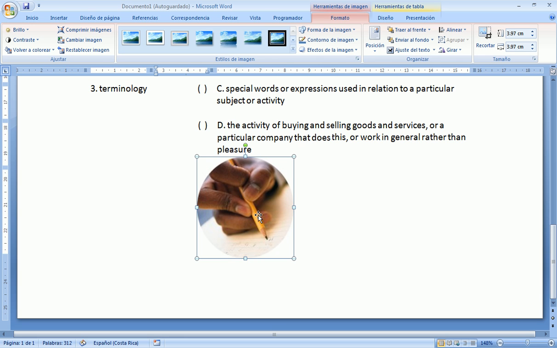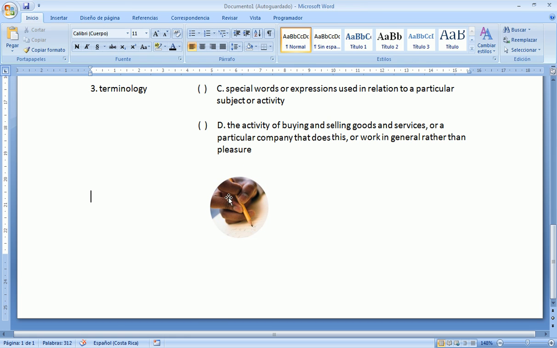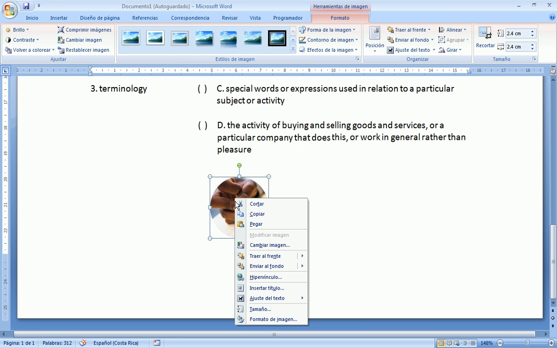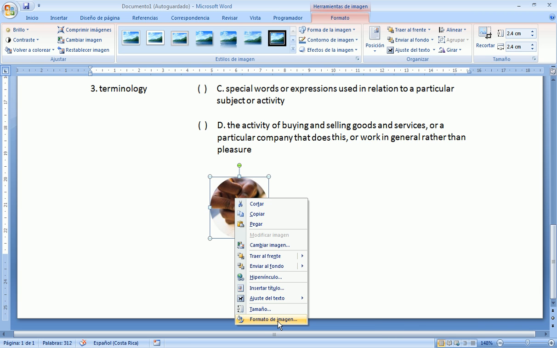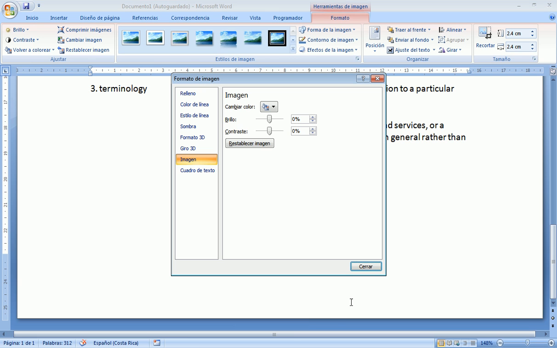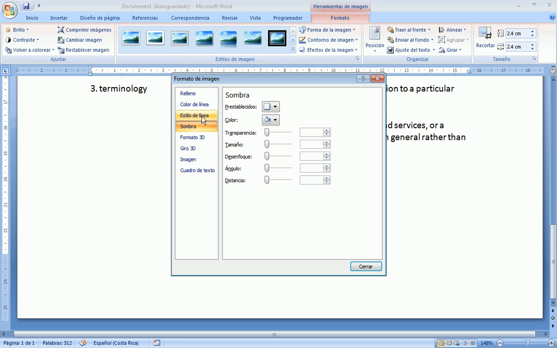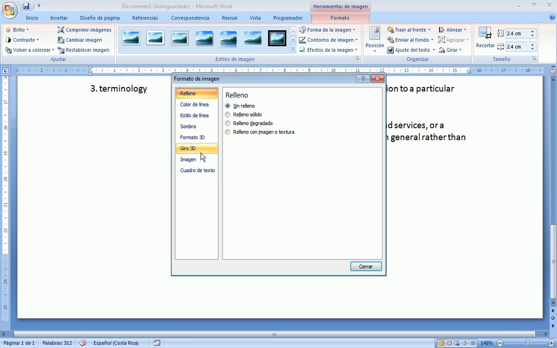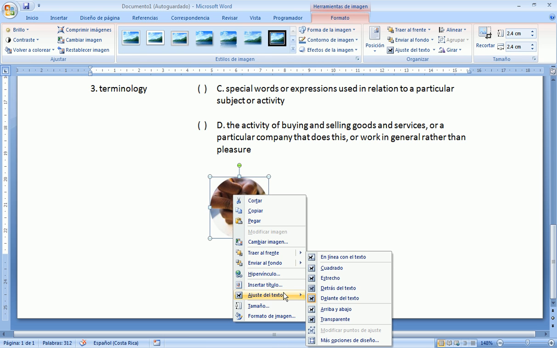the one I use the most. And I'm going to choose this just for decoration purposes, so it doesn't really matter. I'm going to make it smaller. Oh, and again, if you don't have the same Word I'm using, you choose the image, you right click on the image, you go to format, or here you can choose in front of the text. But if you go to format, you're also going to have different elements that you can play with, which right now are really not important. You can just choose here the